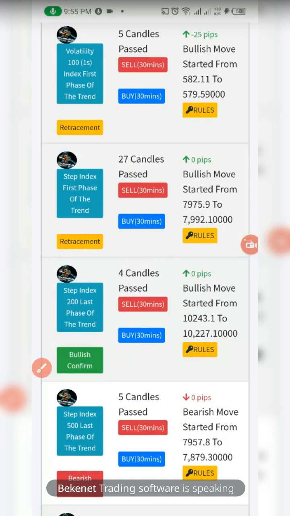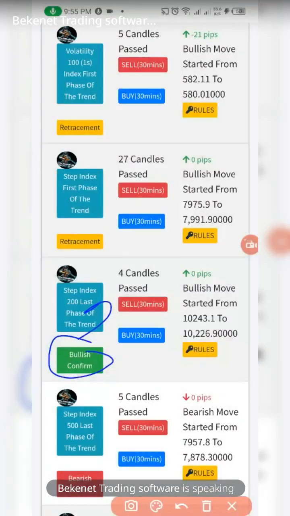That's how you use your sniper entry. The sniper entry, manually, you can use it when there's a first phase, when it's showing what? A first phase, and there's a bullish confirmation, based on what I just spotted now, because the daily is on the bullish direction, and the number of candles between 1, 2, 3 to 6 is where I can take my trade. So long as I'm seeing this bullish move here, first phase, bullish confirmation, because that step 200 is still going